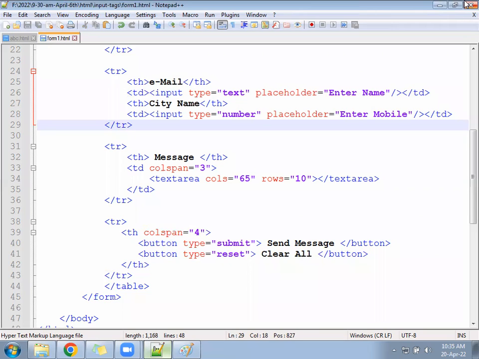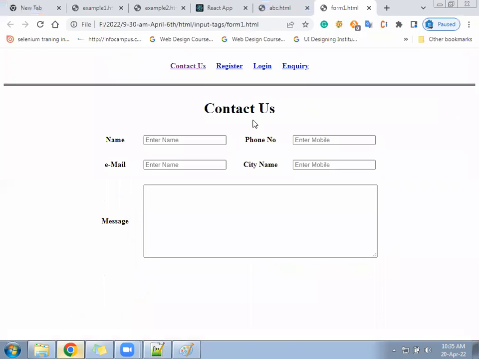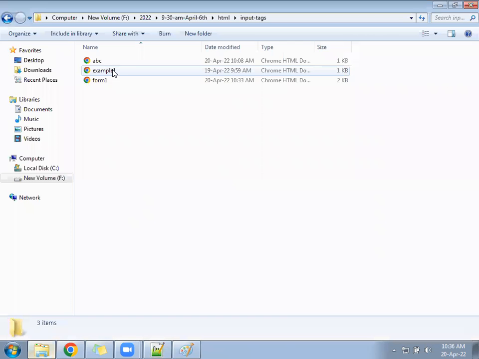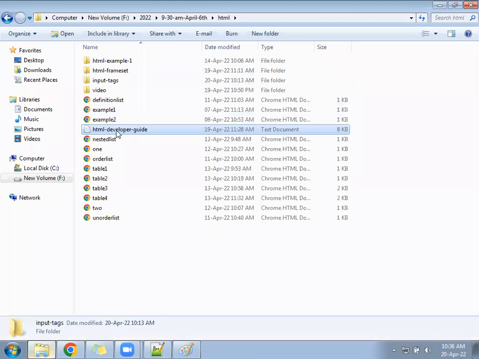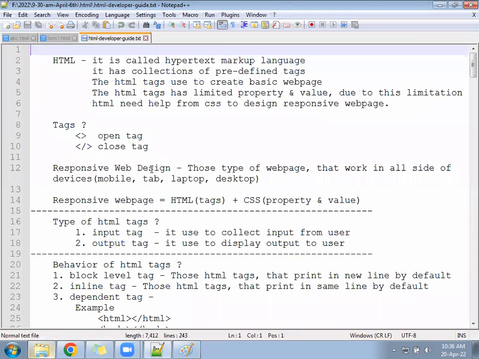Okay, so open the HTML developer guide page. I hope everyone's page looks like this with the two buttons, send message and clear. Okay, so we will go to the HTML developer guide page. Open the HTML developer guide page. In the HTML developer guide page,